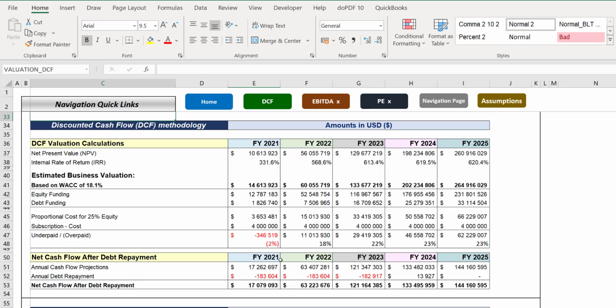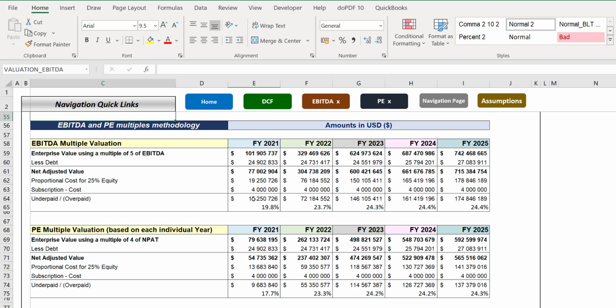So compared to the discounted cash flow valuation, where in the first year the investor is overpaying on the DCF methodology, on the EBITDA multiple he's underpaid. And that's purely because of the different types of valuation models. It's always good to have a comparison between the 3 scenarios. So for each of the years, it calculates what they should have paid for 25% and the effective underpayment amount